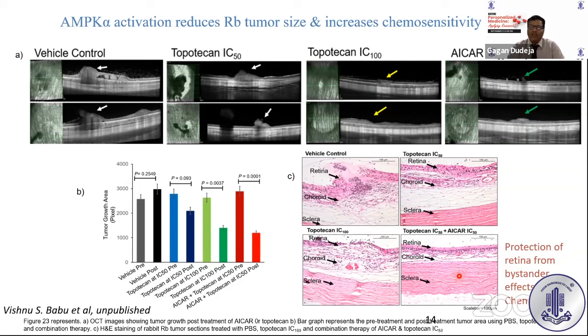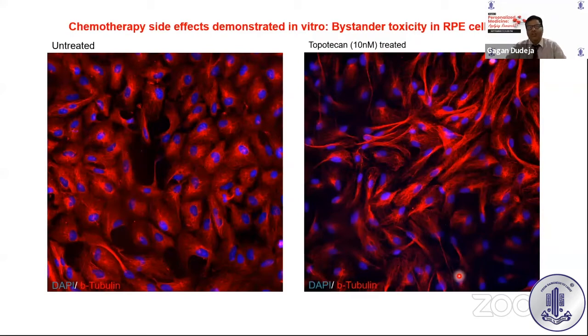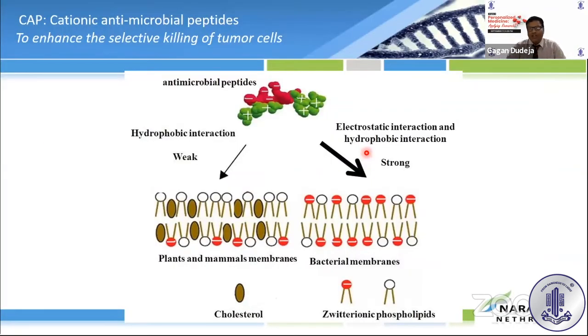So this really brings us to the thing that ICAR will help us protect the retinal pigment epithelium from the damage, which was shown by Dr. Honavar also in case of melphalan. So it will reduce the toxic effect of chemotherapy. What you can see here is untreated retinal pigment epithelial cell. And when we treat with topotecan, you can see the damage topotecan is causing to the RPE cells. So this is a toxicity which we want to reduce to make treatment better.